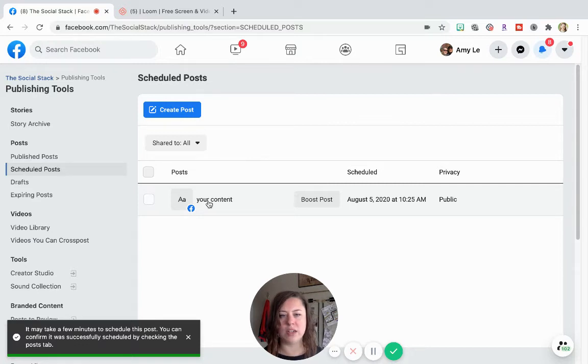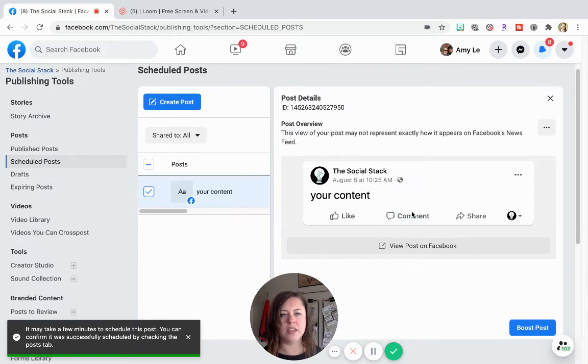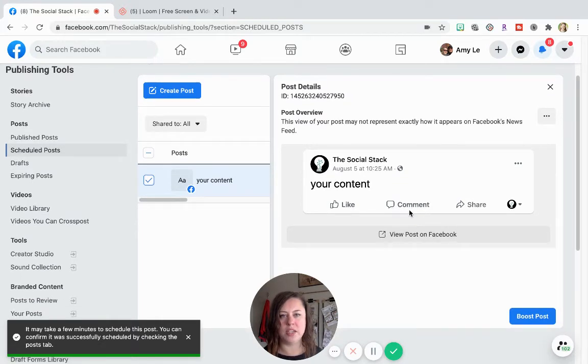So here is our scheduled post. You see I just wrote your content, and I can click on it and see a preview of the post over here. Obviously, I didn't put any media or anything with it, but if I need to make a change, I can just hit these 3 little dots. I can either delete it altogether, I can reschedule it, meaning I can change the time, or I can publish it right away. If I hit these 3 dots next to the content,